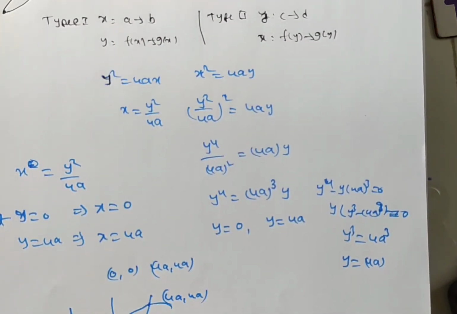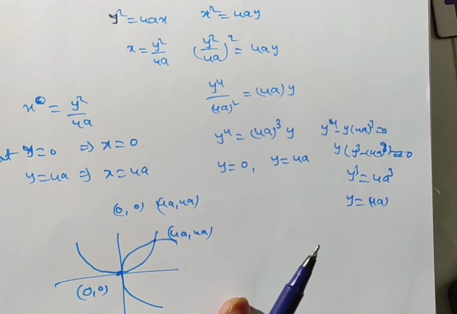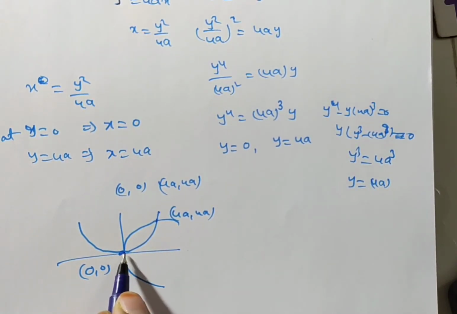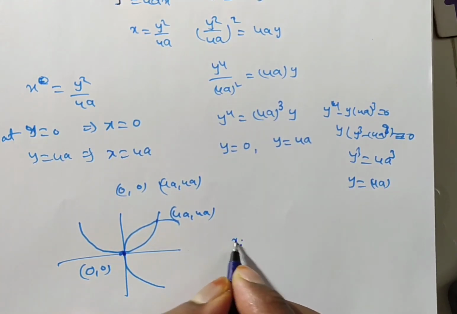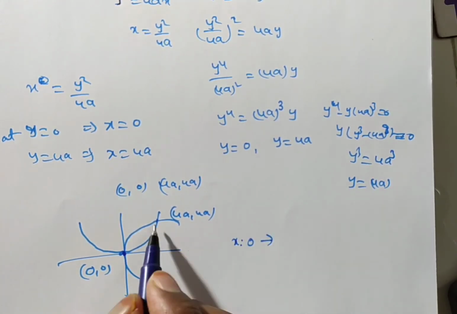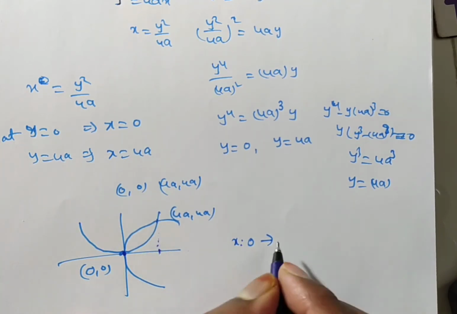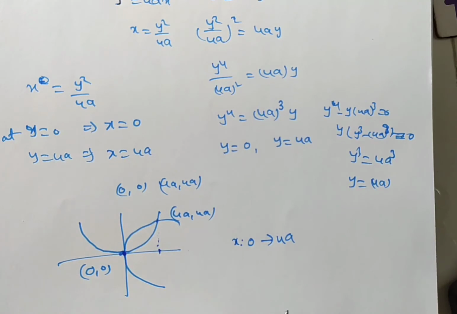Now type 1, you see, in this case I am taking x as independent limits. While taking x as independent, you observe where x is started, the curve is bounded by the region at 0. So x is started at 0, moving to maximum is, you see, this one. So what about this? 4a. X is from 0 to 4a. Now I want y value. How can I get y value? Means here y is dependent on x. Y is dependent on x.